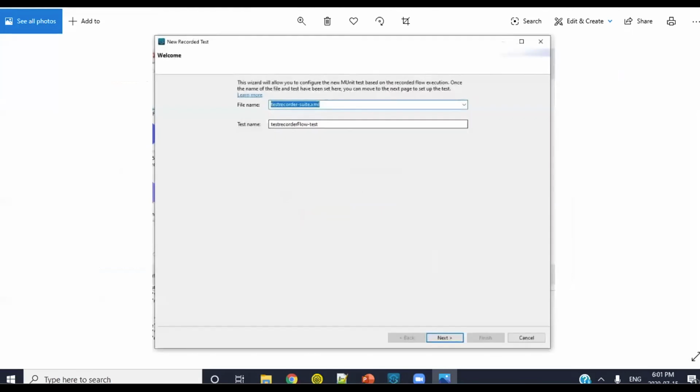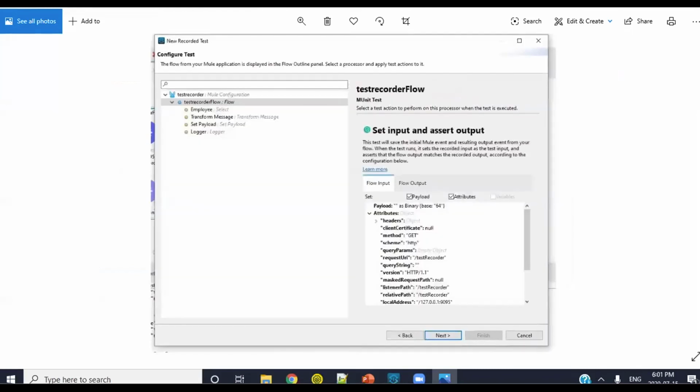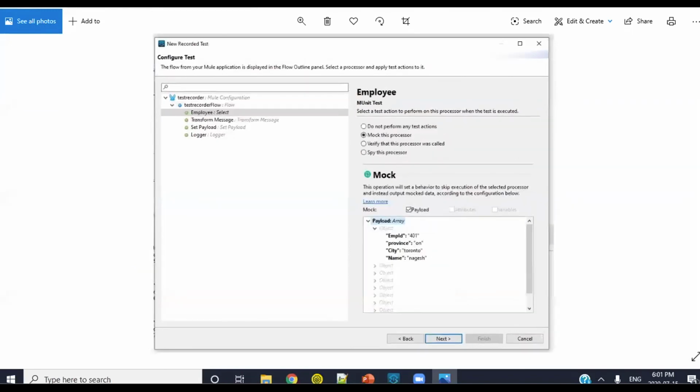Then it will give the option for the file name and the test case name, and after that it will give the option of what kind of data you want to mock, whether it is the HTTP listener. This is a listener, and here employee is my select database query. So I am selecting to mock this processor here.